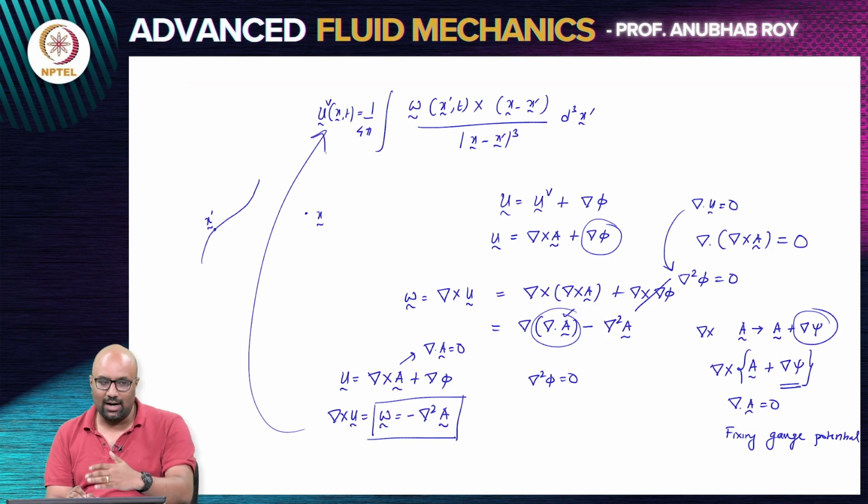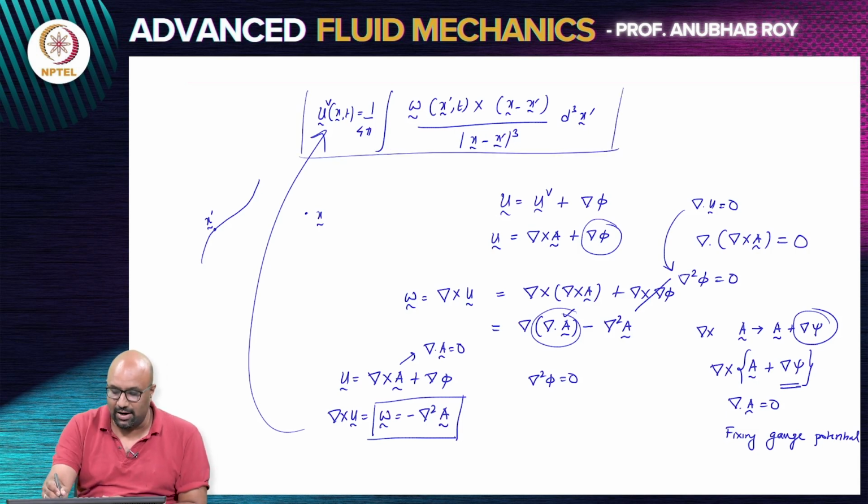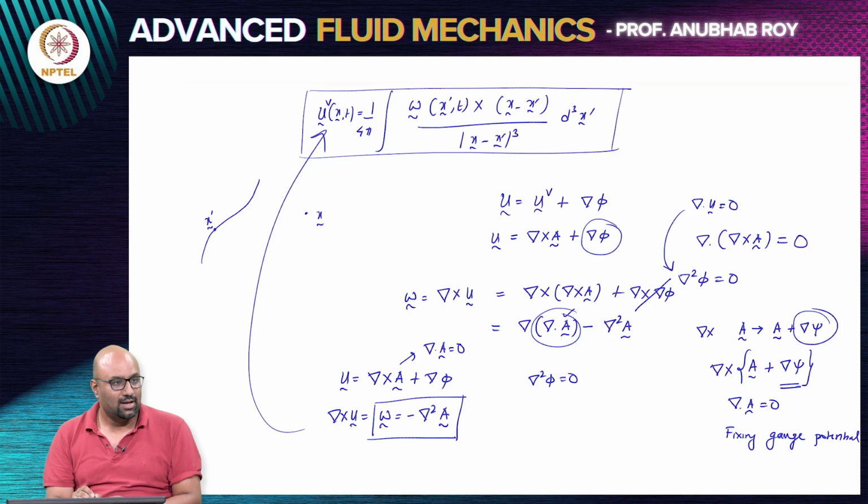So, this is basically the underlying math that goes behind in getting the relation that we are interested in. This is basically what we are interested in, that what is the velocity field given a distribution of vorticity. If I have a certain distribution of vorticity field, what kind of velocity field would be generated due to the distribution of vorticity field? This is an inverse question. Given a velocity field, you can find the vorticity field by finding gradients. But how do you find out the velocity field given that you know information of the vorticity field? So, this is the answer,